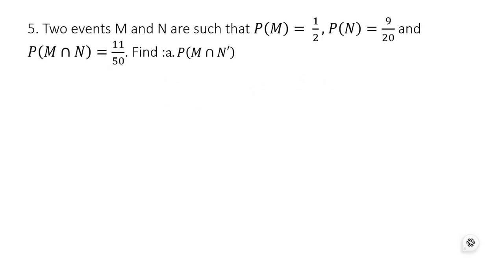So in question number 5, we have two events, M and N, such that the probability that M will occur is 1 over 2 and the probability that N will occur is 9 over 20. And the probability that M intersection N will happen is 11 over 50. Our first question is to find the probability of M intersection complement N. So here we'll start. The probability of